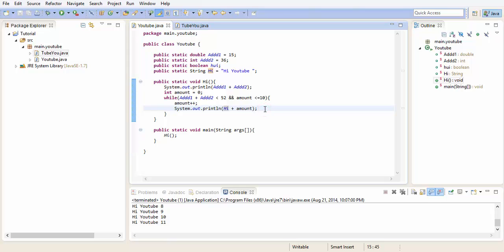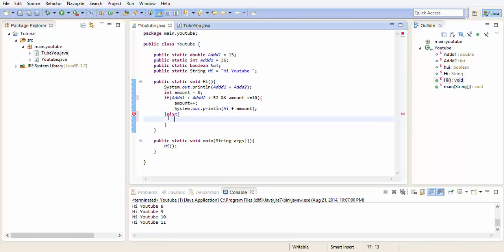So let me think. Those are really most of the basic things of Java. Oh, else. Okay. So if you have an if, this might be popular. You might already know about this, but if you have an if, you can have an else. And what the else does is, if it doesn't equal this, it will say